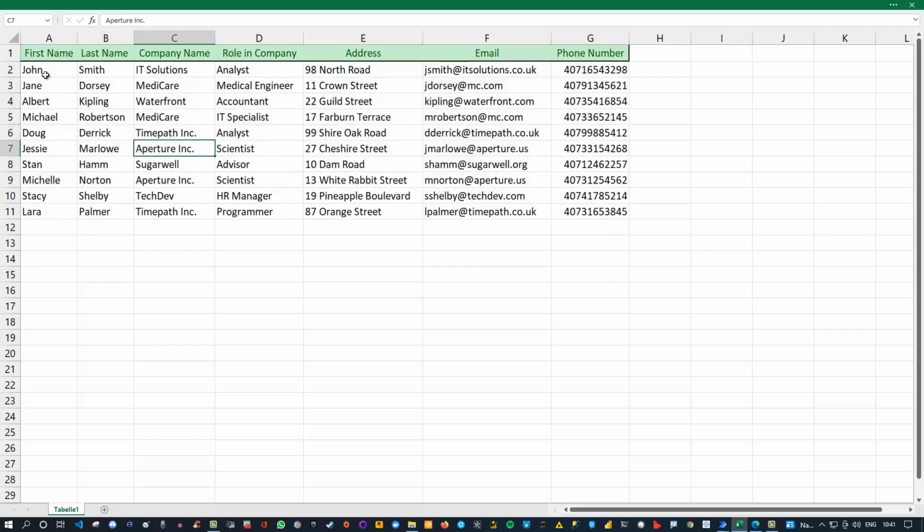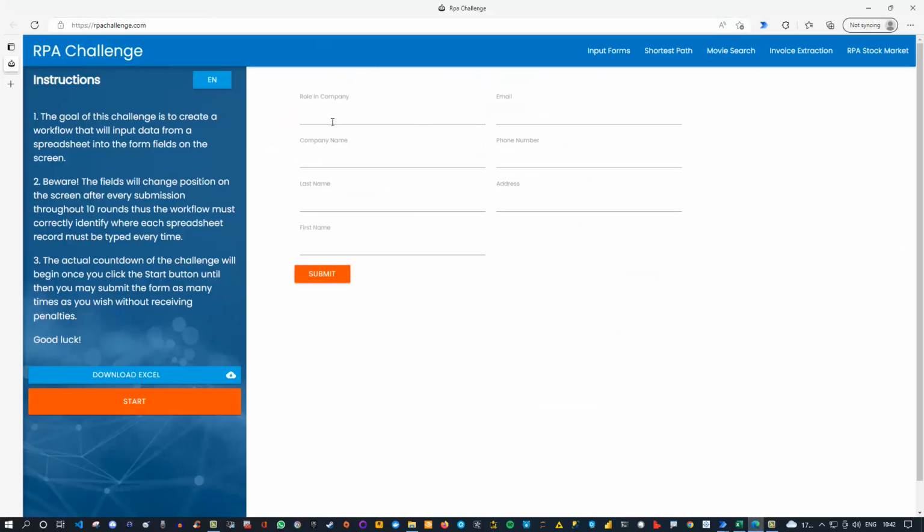And our goal is to go to this Excel file here, open the file, then loop through each of the rows, in this case starting from row number 2, and then go inside the individual cells and copy the value from the cell to the specific entry here. So for instance, the role in the company needs to be fit in here, the email of the person needs to be fit in here, company name in here, phone number in here, and so on. And as soon as you've done this, then you click on submit,